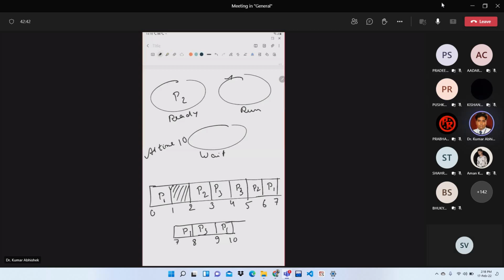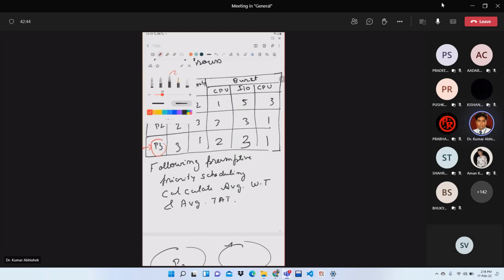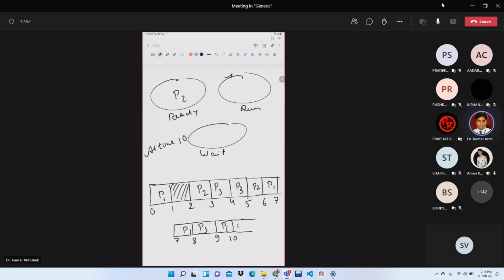So we have only one process left with us. What will happen at time 10? P2 will execute in run state, sir. What is the burst time of P2? 3. P2 will execute till 11. And at time 11,